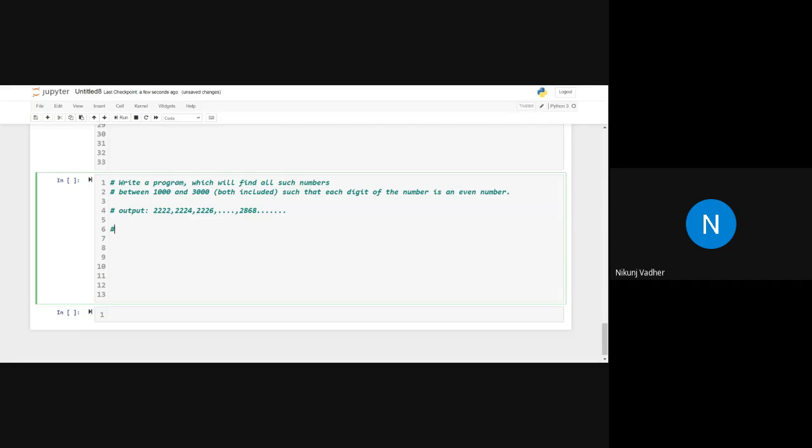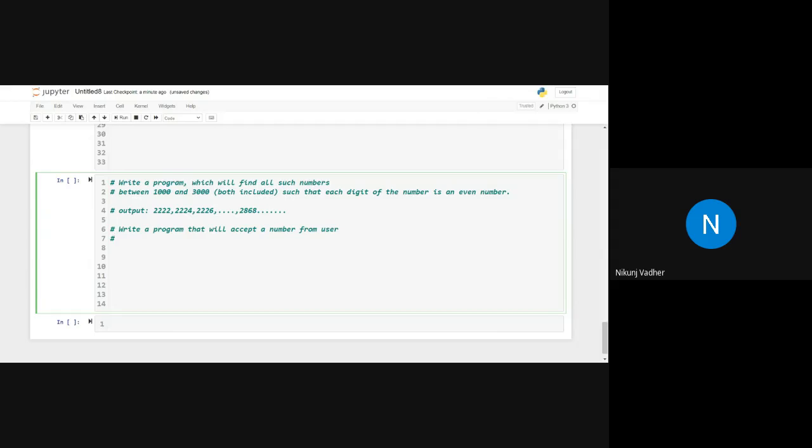Let me give you another definition as well. Write a program that will accept a number from the user and reverse the entered number.